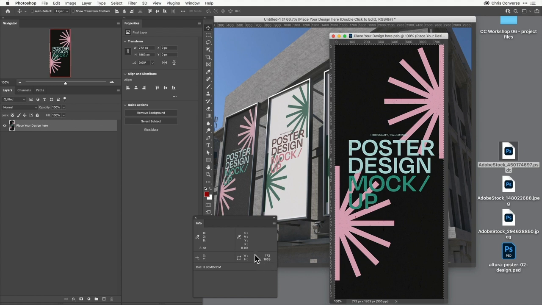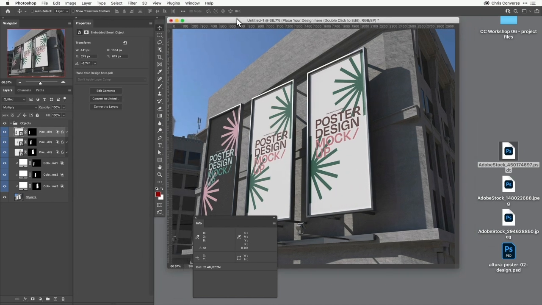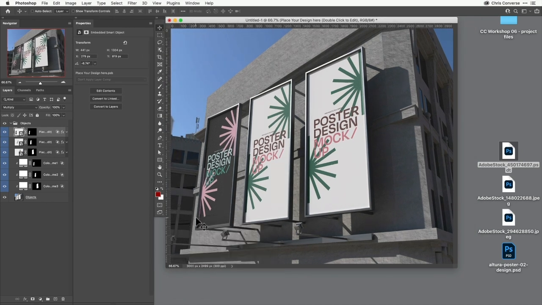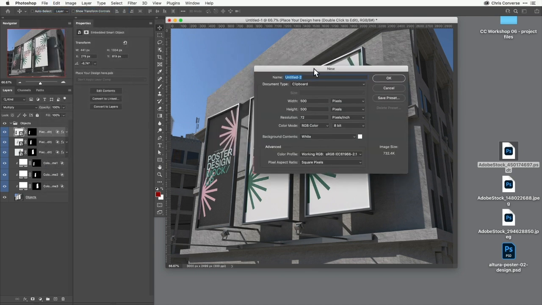So what I'm going to do is create a new Photoshop file that's triple the width so that I can design all of my panels together, and then I'll apply these to the smart objects. So this is going to be a little bit more intricate than what we did in the last example. So I'm going to leave this template up in the background, close my info panel, go to the file menu and choose new. And inside of here, I'm going to come in and set the width to 772, hit tab,